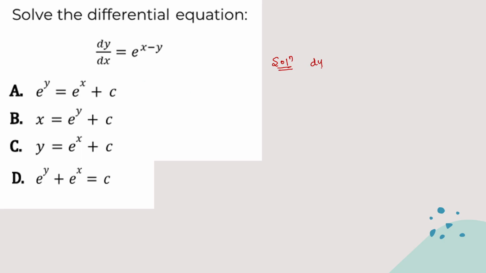So it is given as dy by dx is equal to e to the power x minus y. Further this can be written as e to the power x into e to the power minus y, right? And now I think you already have observed it is directly the variable separable form. So we can write this as e to the power x upon e to the power y, and then cross multiply. Take the y terms on the same side and x terms on the same side. So e to the power x into dx, and then integrate.